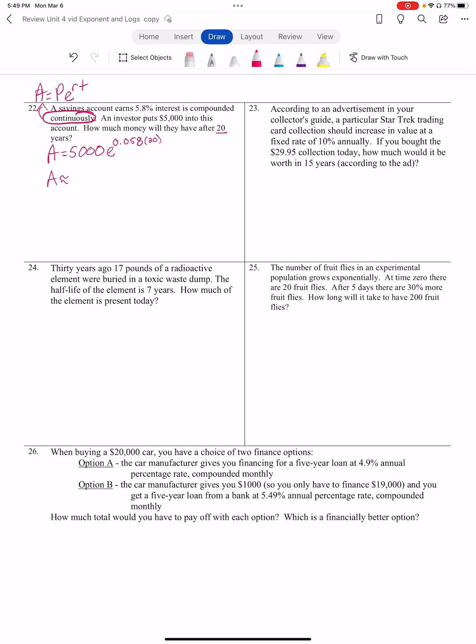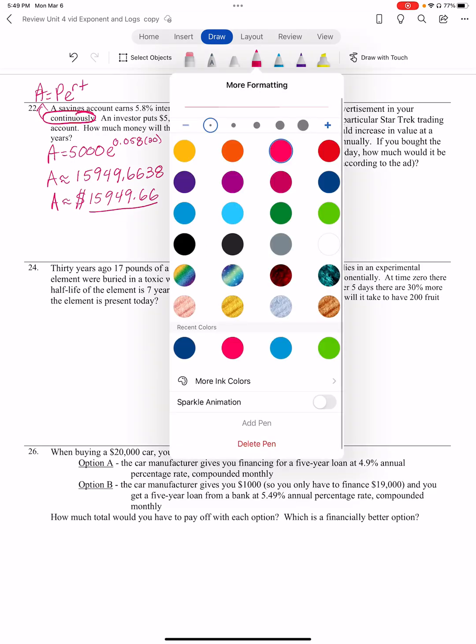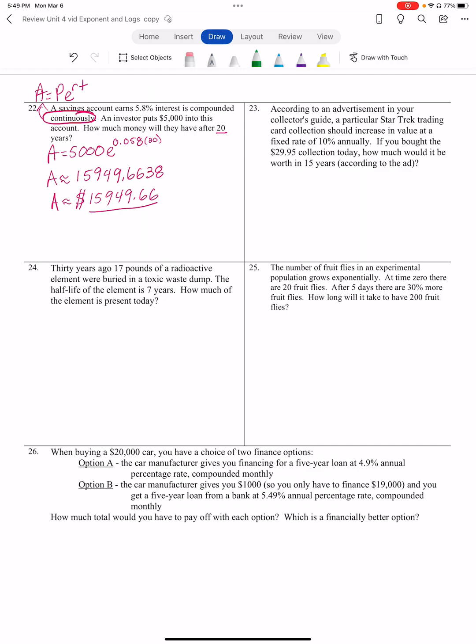So this one was pretty simple. A is approximately 15,949.6638. Again, with finance, we tend to round down, so $15,949.66. Okie doke. Next one, according to an advertisement in your collector's guide, a particular Star Trek trading card collection